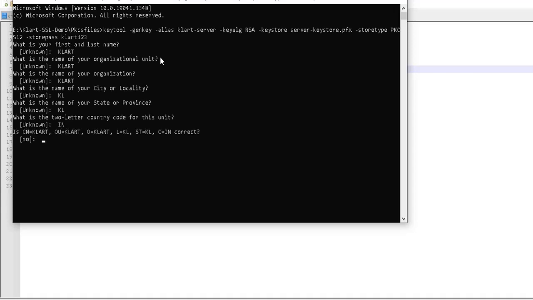And one more thing I would like to specify: as this is for practice and demo purposes, we are creating this client store and trust store, everything in our same system. In general, the client will be on some other server and the server will be on another system. So they will generate their key store and trust store using their standards. So yes, this is for practice purposes.